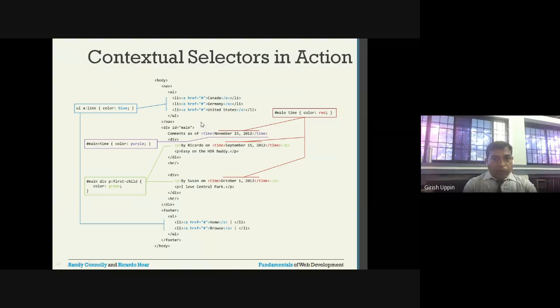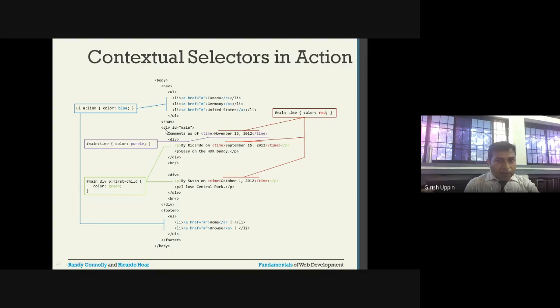That is correct. I have three links here, and after that you can see I have a div. The div starts here and the div ends here, and I have given the div id equal to main, so it has a main id.